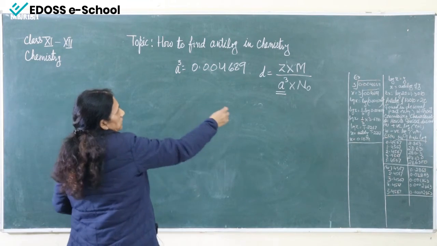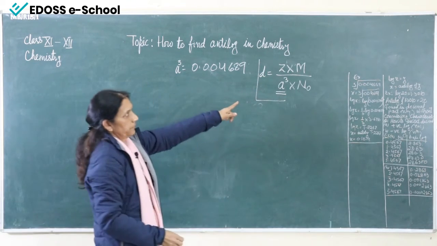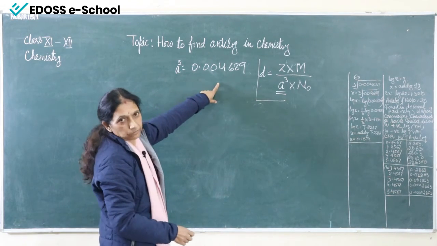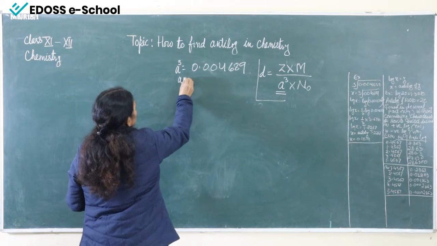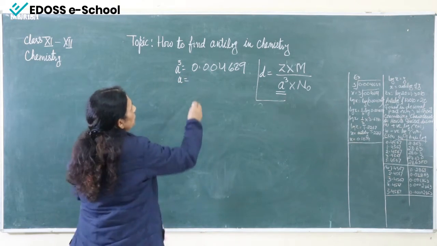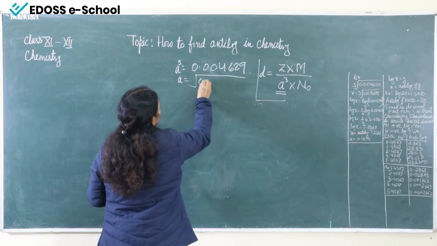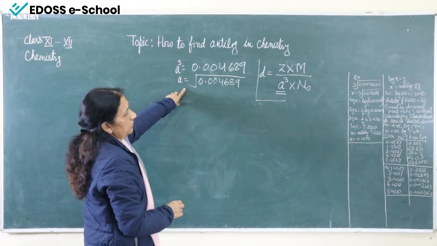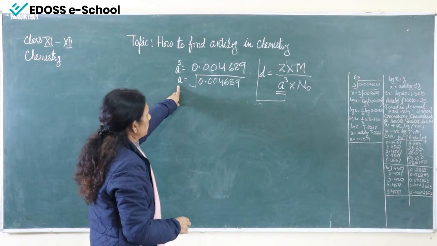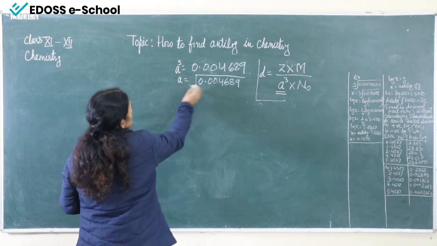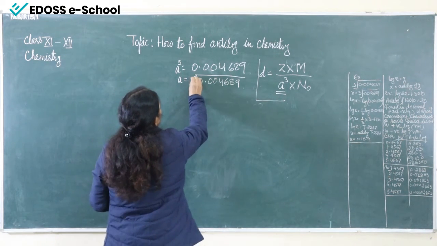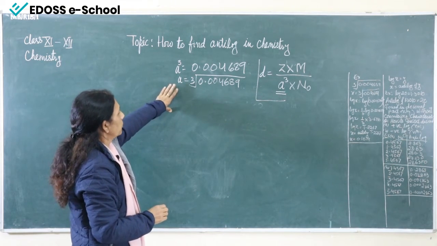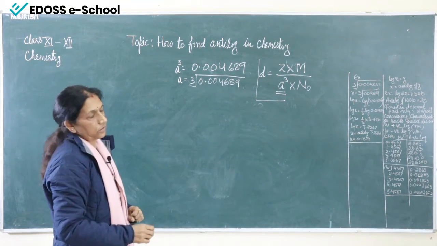Now, see here. This is for such type of question for solid state. That means we have to take the cube root of this. So, how we will do? We can say that A is equal to cube root of this value. Okay. Or what we can say that this A is the cube root. Okay. Now, how to solve it? For solving it, we will take the help of the log.